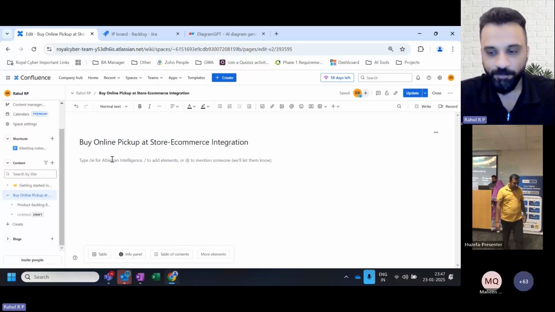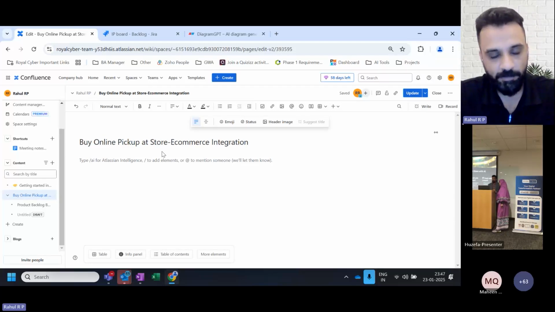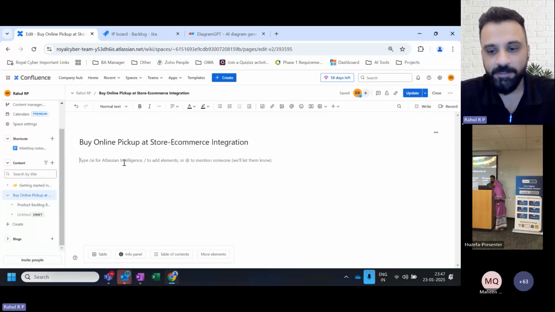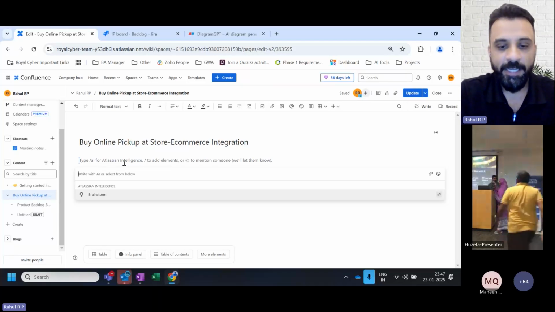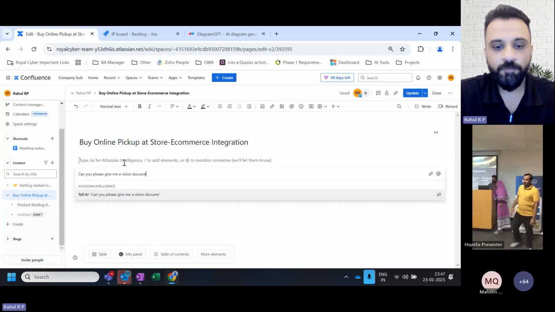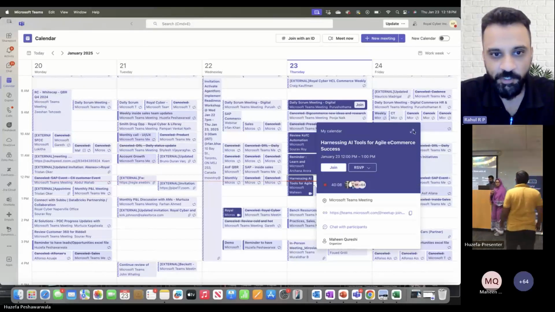I'll give you a short demo. This is primarily the Atlassian product Confluence. As mentioned, we are trying to create a buy online, pick up in store, or BOPIS, integration for an e-commerce platform. When you start with this activity, the first thing you would like to do is put together a vision document. The Atlassian AI capabilities, supported by OpenAI, come along with the Jira Enterprise and Professional editions. You can just type, can you please give me a vision document for a buy online pickup in store e-commerce integration. If I put this prompt, it will suggest relevant